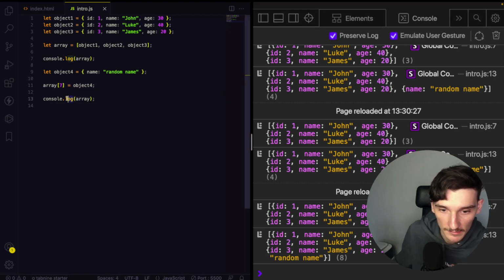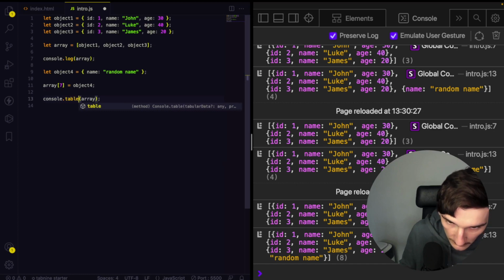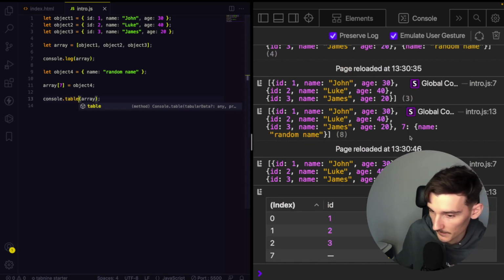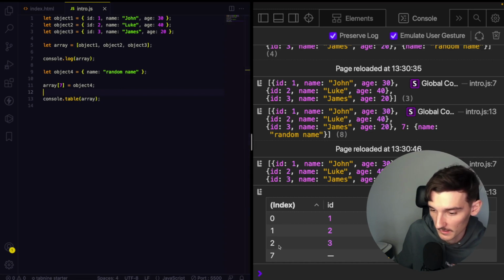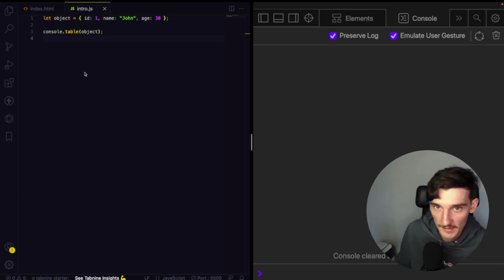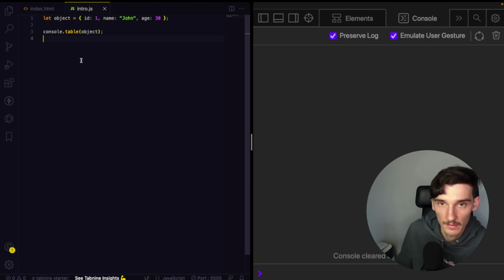Maybe I will console table, and the index 7 is filled with this data, so I skipped that. And in some for loop iteration, the values for the indexes 3, 4, 5, 6 will be just undefined. We talked about adding some elements into an array, but we don't know still how to pass a prop feature